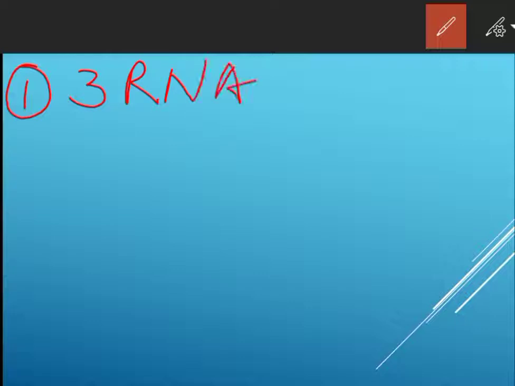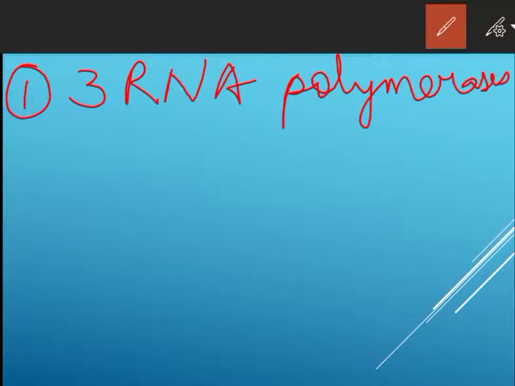Number 1, in the nucleus there are at least 3 RNA polymerases, in addition to the RNA polymerase found in organelles, to allow clear-cut division of labor. Like RNA polymerase 1,